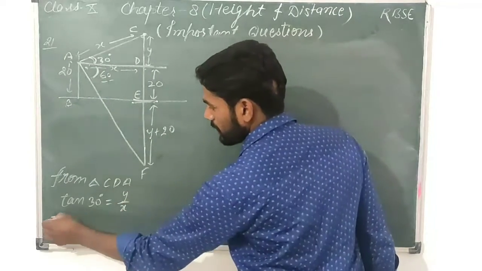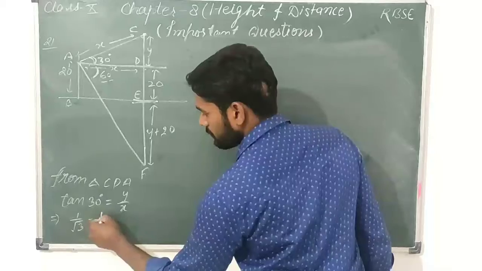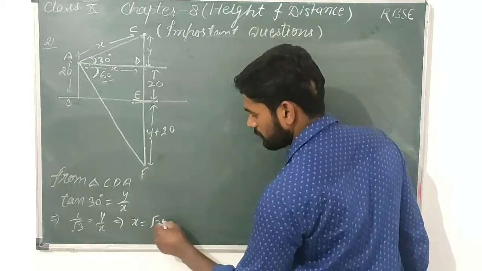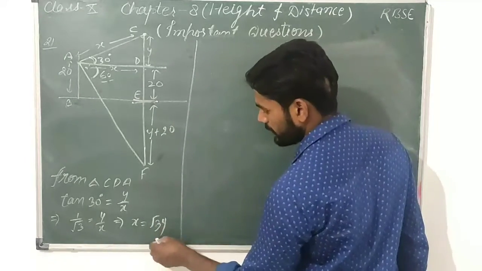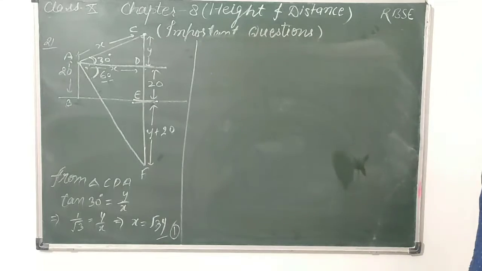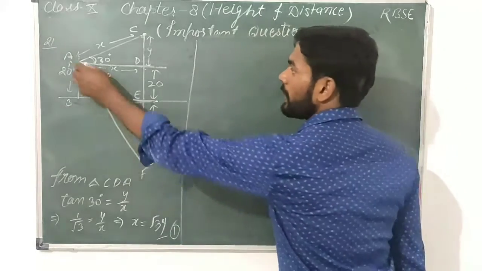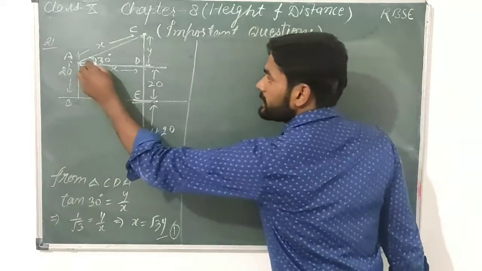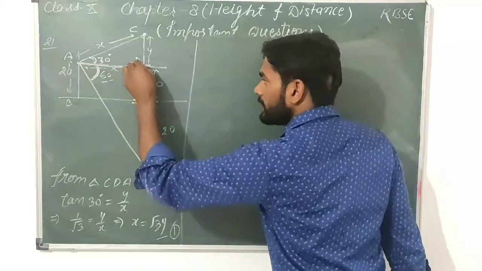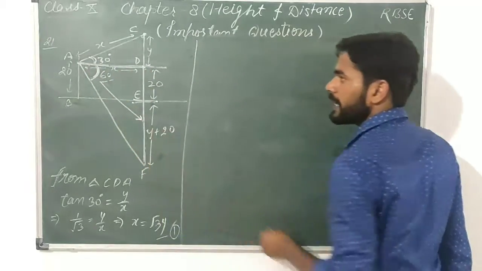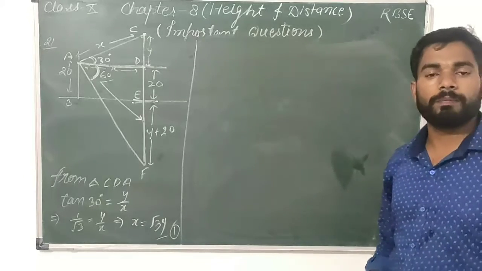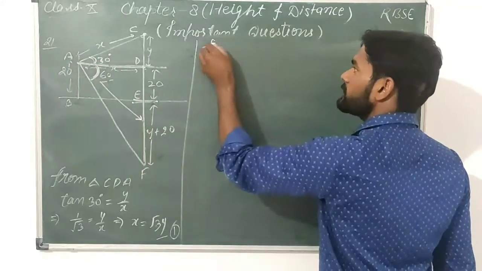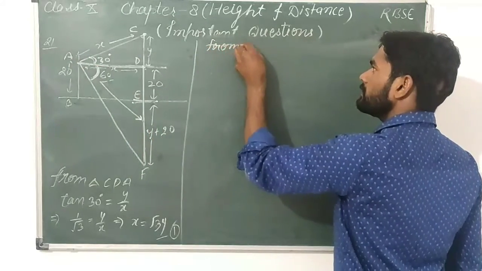1 upon root 3 is equal to y upon x, and from here we can say that x is equal to root 3 y using cross multiplication, and it is equation number first. Got it? Next, now I will use this triangle. From this triangle, theta is this, then base will be this, and it will be the perpendicular. The opposite side of the angle is always known as the perpendicular in a right angle triangle. So from triangle FDA or ADF, from triangle ADF,